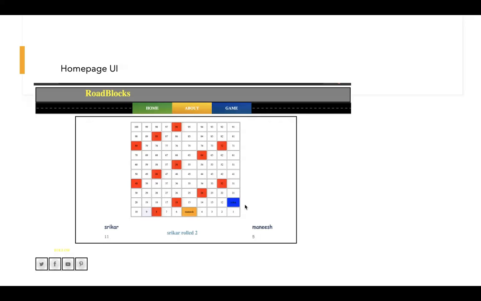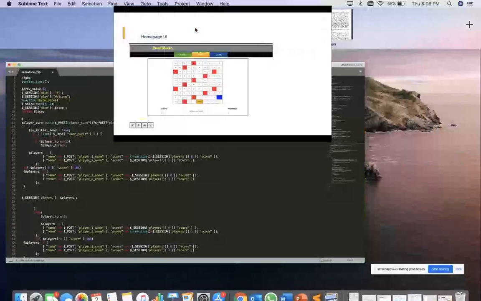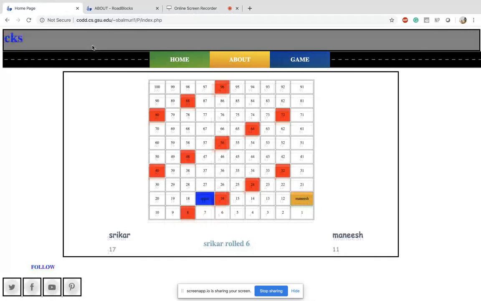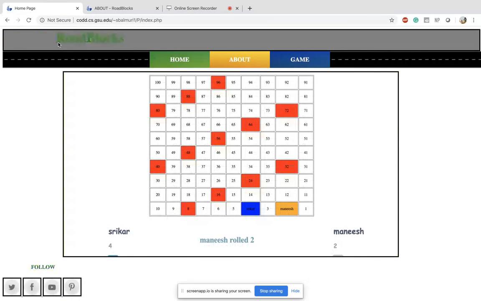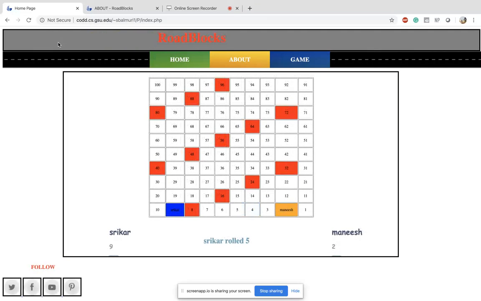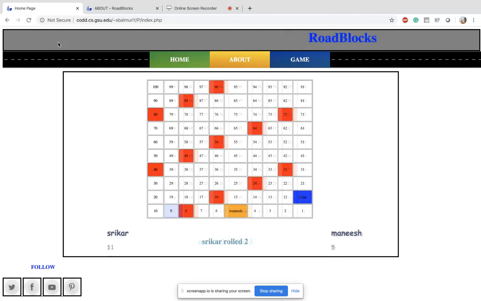This is our homepage UI. Let me just show you the demo of how it looks like. So this is our homepage UI. We have created various divs here. In the first div, it's just a title of our game, and we have used keyframes for the blinking effect. In the second div, we have created a list so that we could show